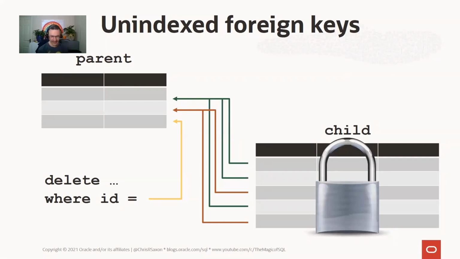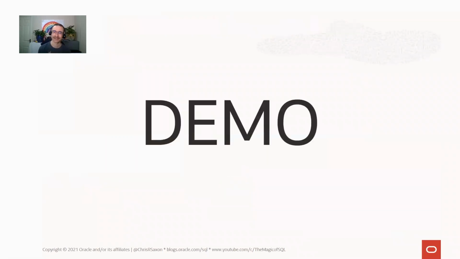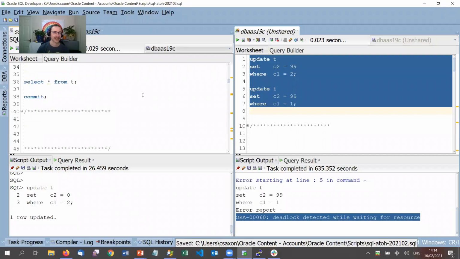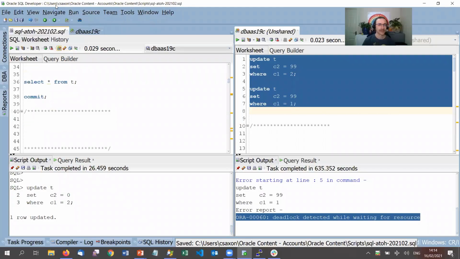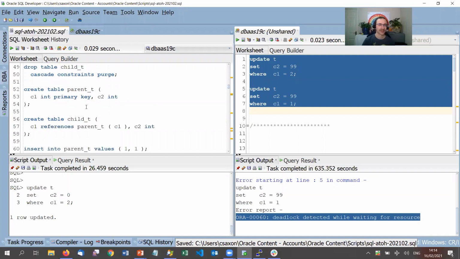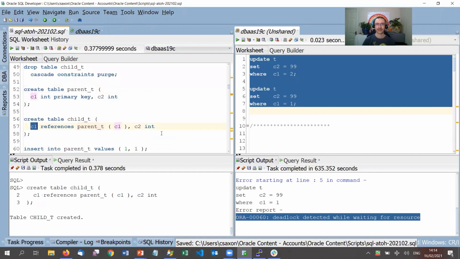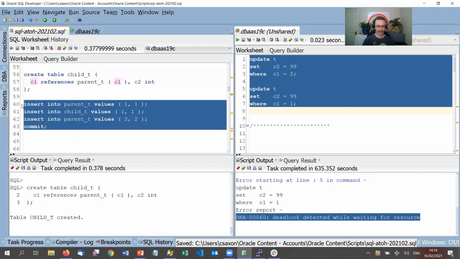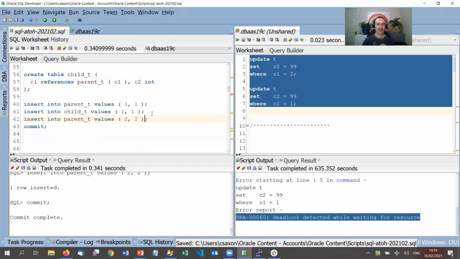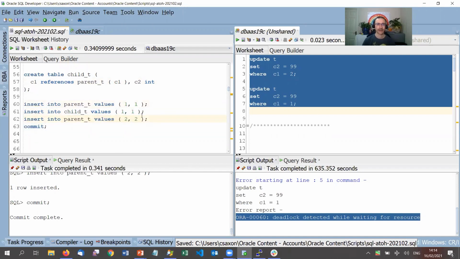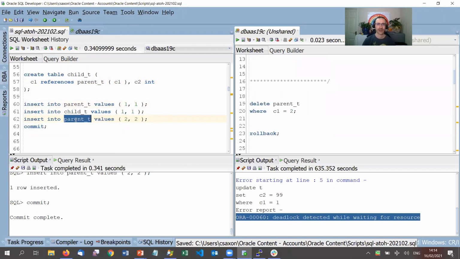So this is clearly not a great thing to happen. And I'll just jump over to a demo to demonstrate how this can happen. So here we go. I've got my parent-child tables. Let's just recreate them. So we've got my parent, child, which points to that, and we'll insert a few rows. So we've got parent-child matching, and there is no row in the child table for parent ID 2, for the